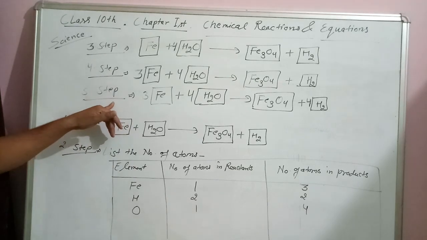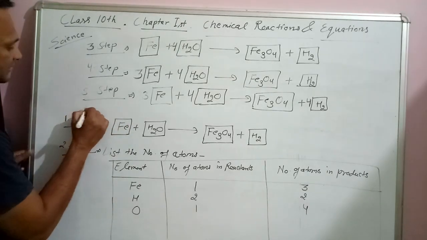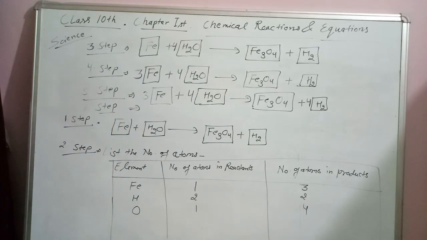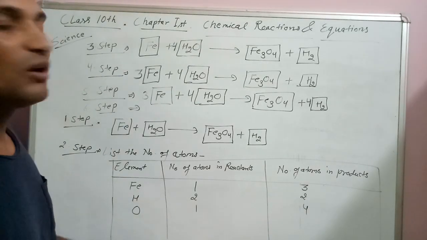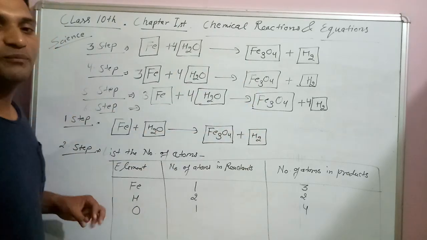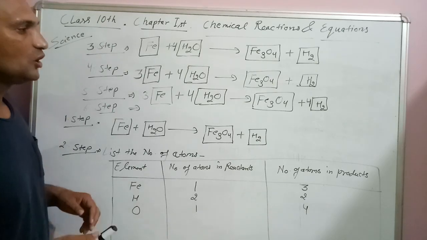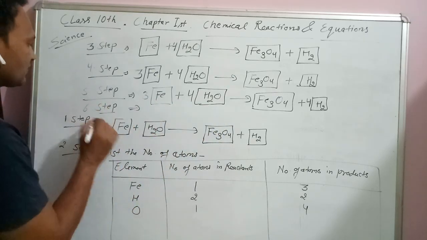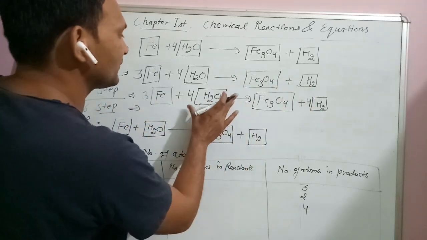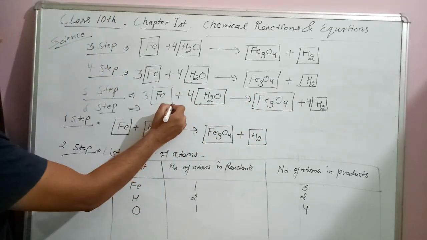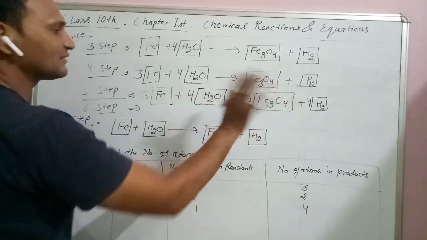So this is the 5th step. Now the 6th step. In the 6th step, now check whether all the atoms of elements present in the reactant side are balanced with the number of atoms of the elements present in the product side. So now we can check here. In step 6 we also write this same equation. So we can count the number of atoms in this reaction or equation.